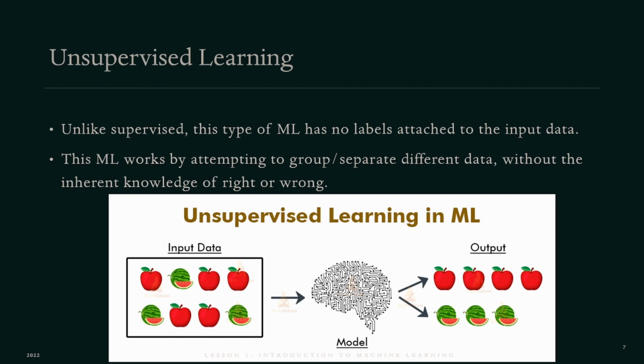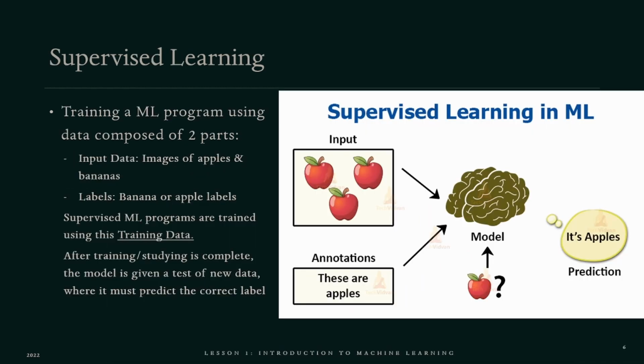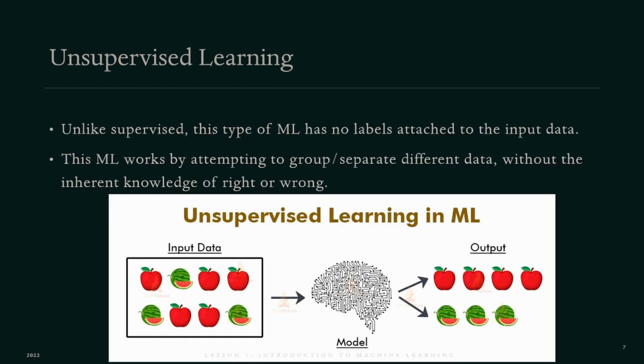Unsupervised learning is the same exact thing as this previous image, but rather than give the answer during the studying session or this training session, in machine learning we divide the data between training and testing. So instead of giving the label alongside the training data, we don't give the model any clear right or wrong answer. We don't tell it what the right answer is. It's like if it saw the image of the apple on the flashcard, flipped it over, and there was no answer there at all.